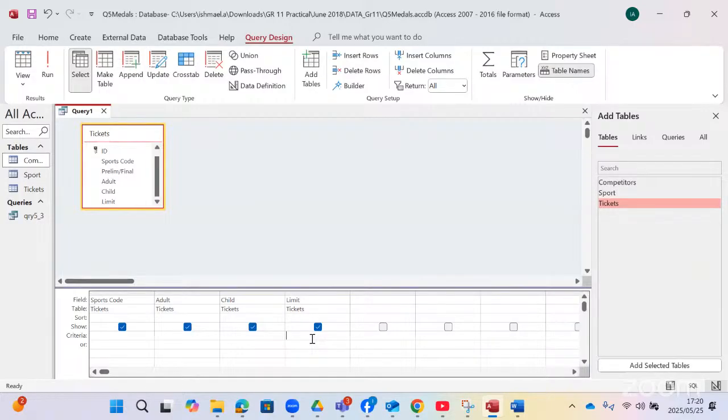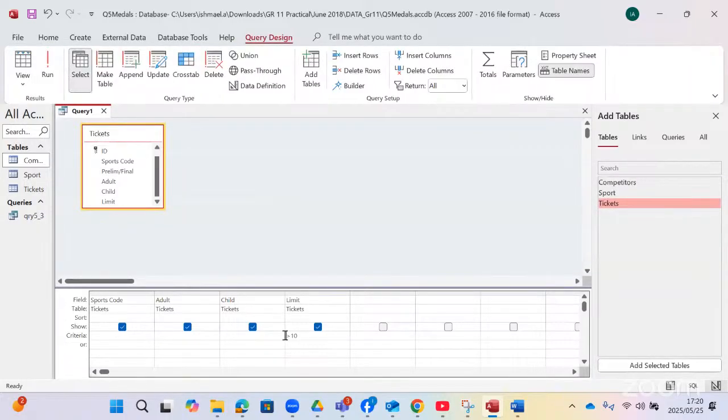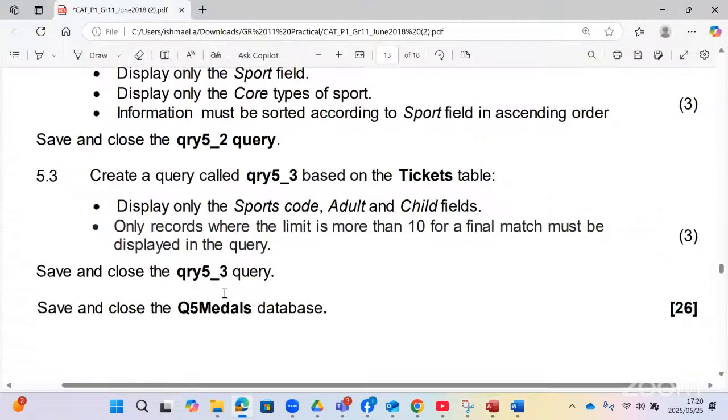We say more than 10, we use greater than 10. But we don't need to display the limit, so we have to uncheck this, and then we have our final query. Right, so basically this is what you need to know regarding queries: how to create,